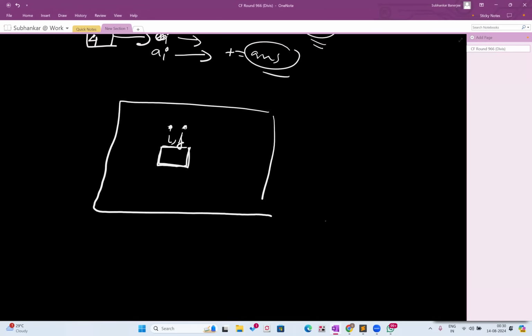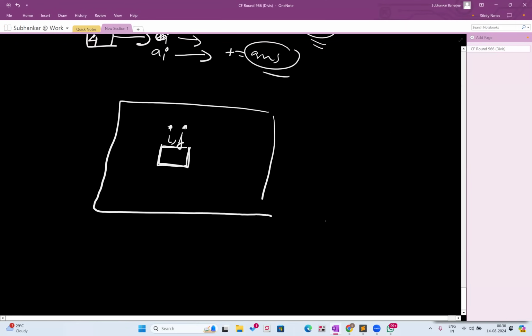So basically we can just put the left border at the jth cell, and just check what will be the right border. This can be i plus k minus 1. Okay, so basically I am marking this as j and this as i. So it will be j plus k minus 1. Similarly,